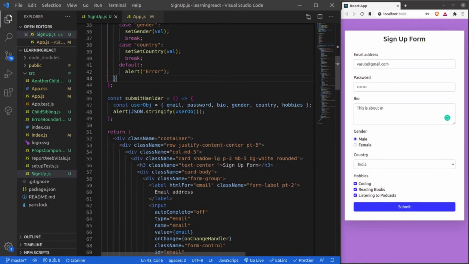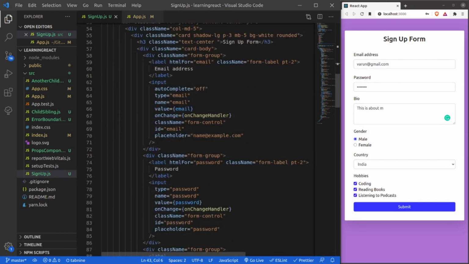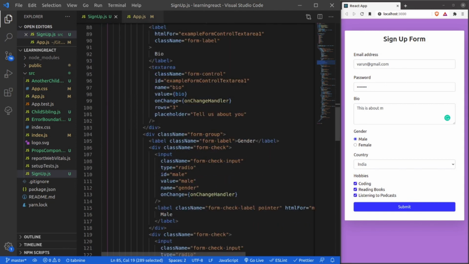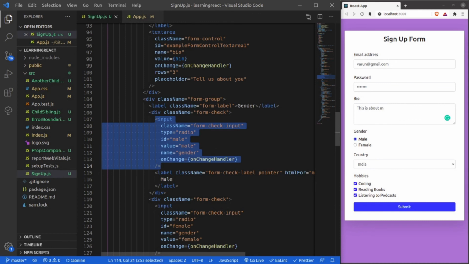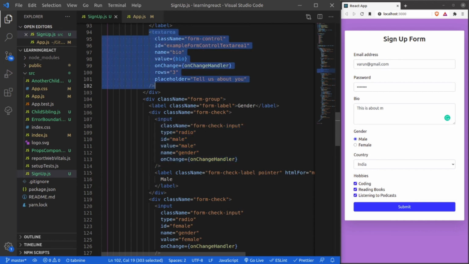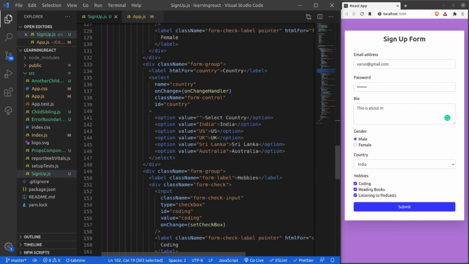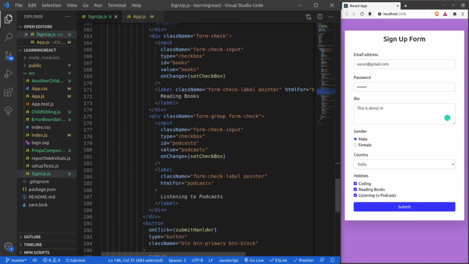And apart from that, you can see that I am actually repeating most of my components again and again. Like you can see that input is being repeated, right? Input, again input, and then text area, then again input. So what I can do is, I can create my own library of these UI components. Like for input, I am going to create a common input component. For text area, I can create a common text area component. Similarly for select box and for checkbox.